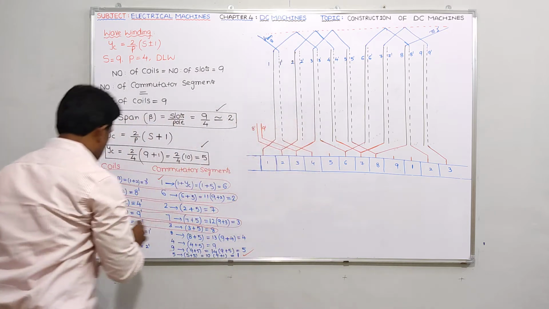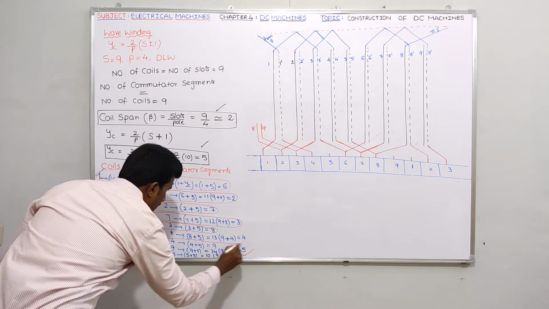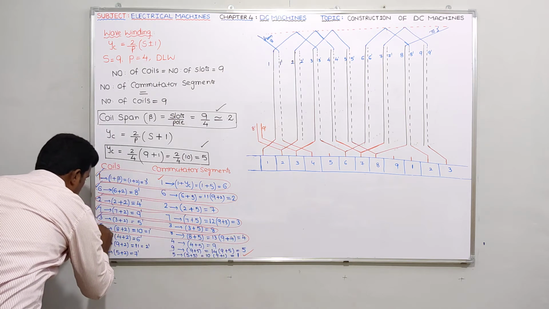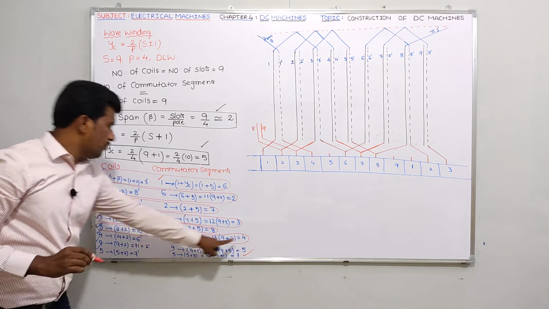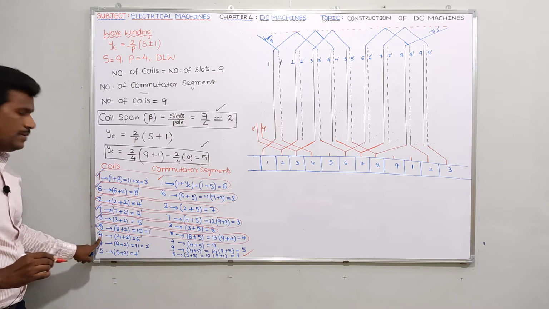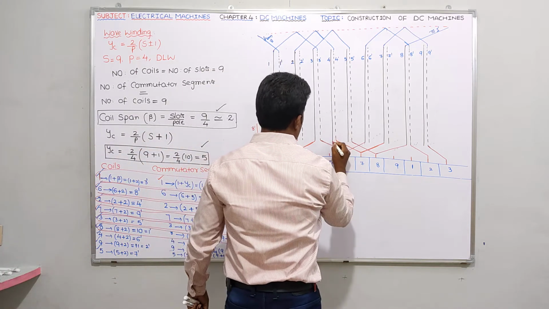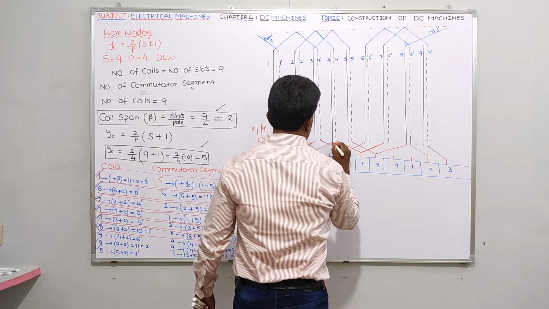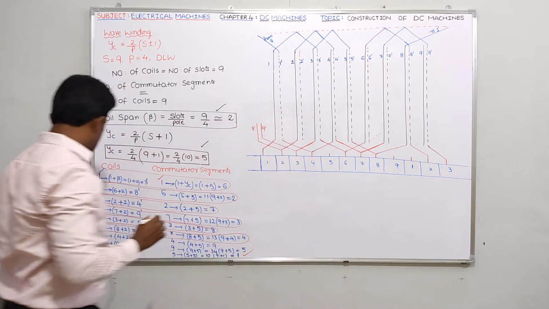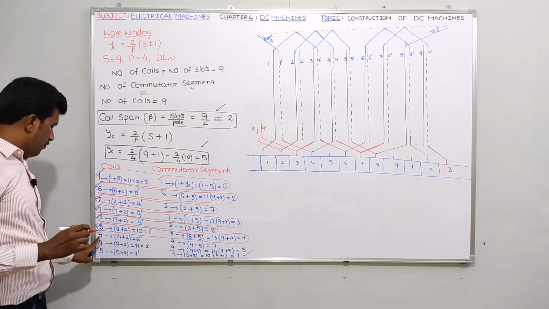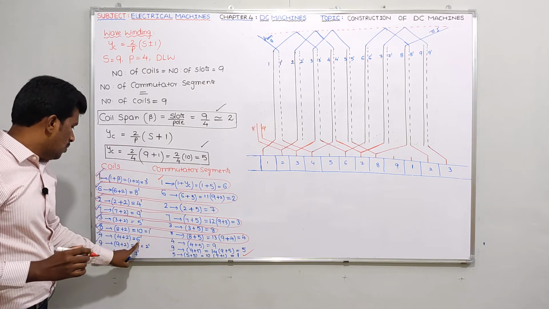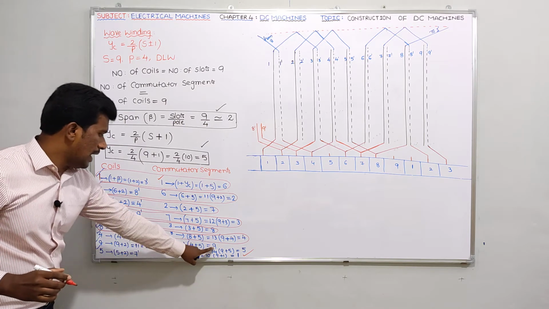Okay, guys, I think this portion is also completed. Next, please. To this 4th segment, I said the 4th conductor will be connected now. So to this 4th segment, the 4th conductor is connected with this one. Yes, this is the connection. And tell me, in this 4 6 dash coil, if 4 is connected to the 4th segment, what about 6 dash? It will be connected to the 9th segment?